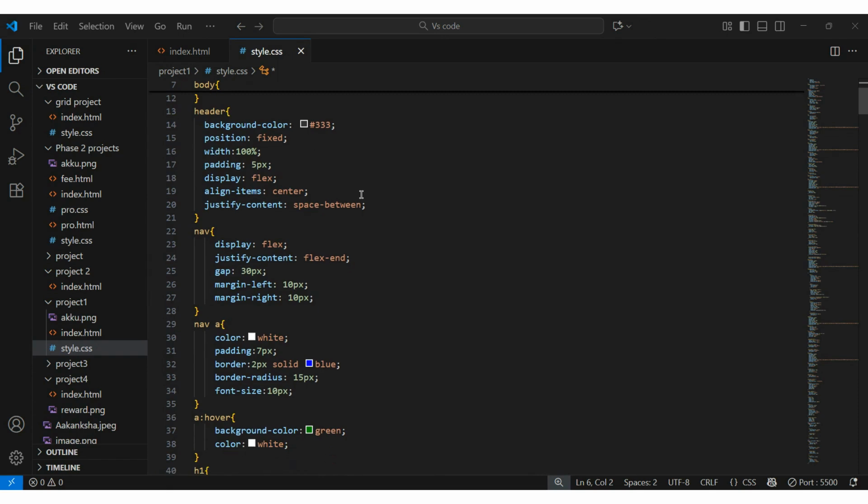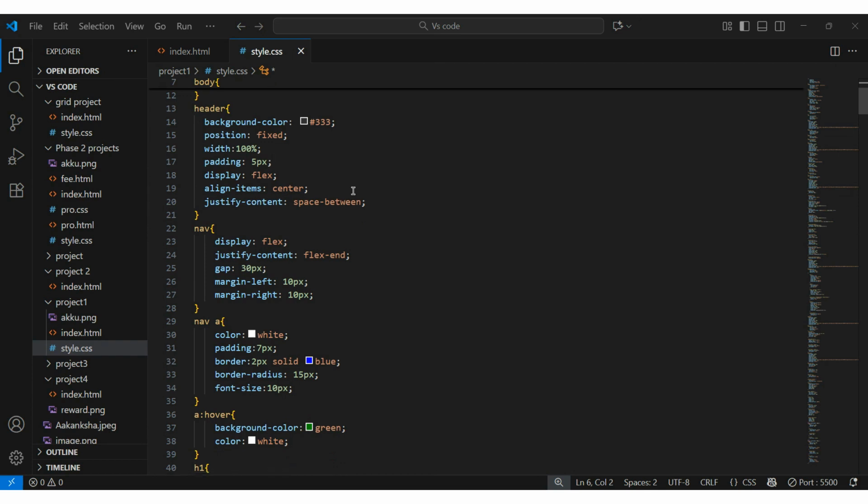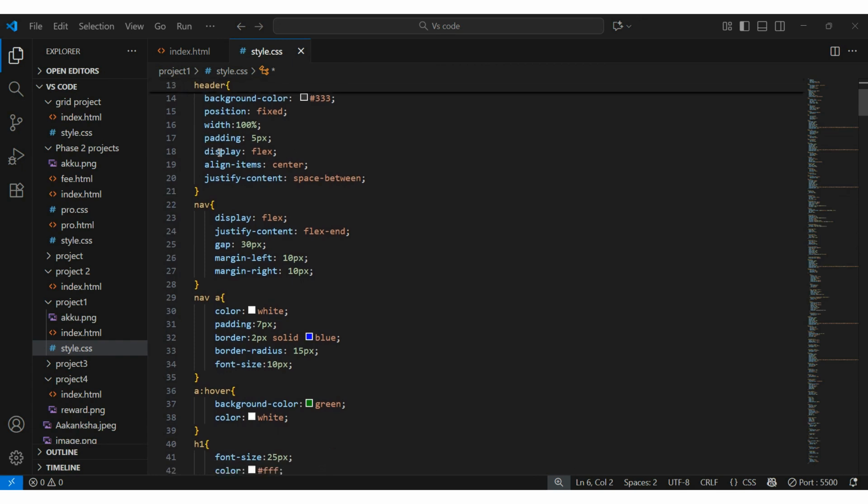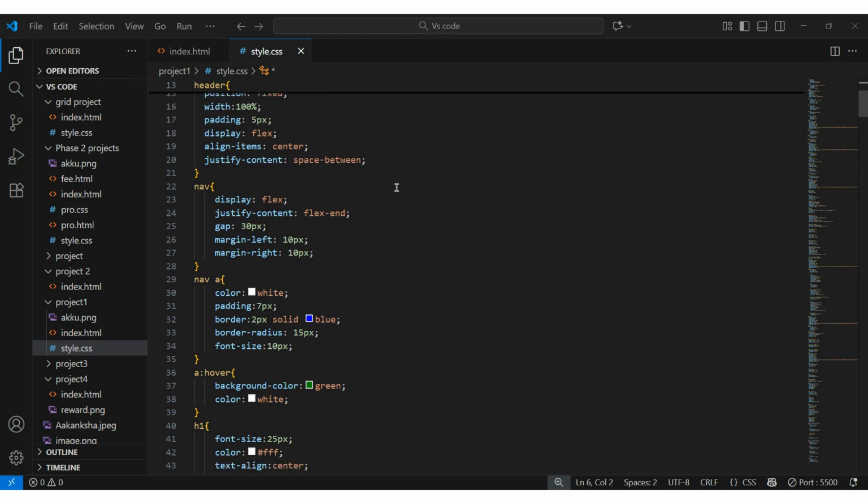position fixed. It means it fixes our content, and width I gave here as a percentage for all desktop sizes, and padding I used here for the inside space, padding of 5 pixels, and display flex for making the display flexible, and align items center is used for items alignment, the horizontal line, and I used justify content for